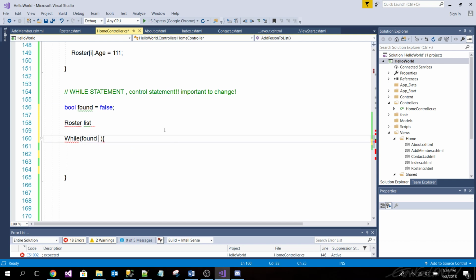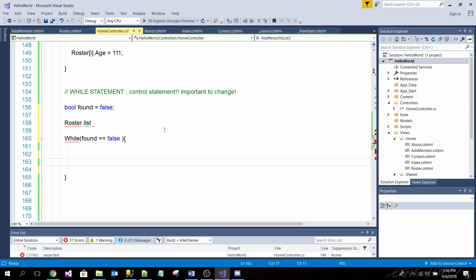While found not equals... actually, while found equals false. It's kind of weird because we kind of have to reverse the... well, found. Actually, let's call it... there we go. Okay, while found equals false.